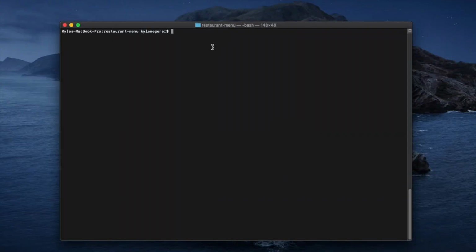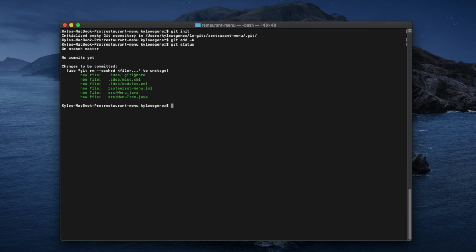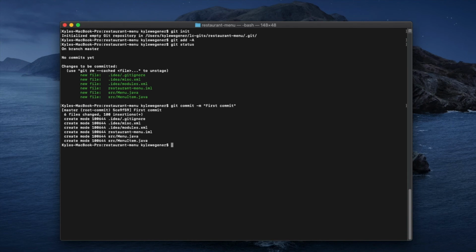So what I do is I do git init to initialize that .git file. I first do git add -A. I do my git status. I have quite a few things that I'm going to be committing now to GitHub. So I do git commit -m, and I always do first commit. Perfect. Then I'm going to run this command, which is adding the remote origin to that Git URL that's provided